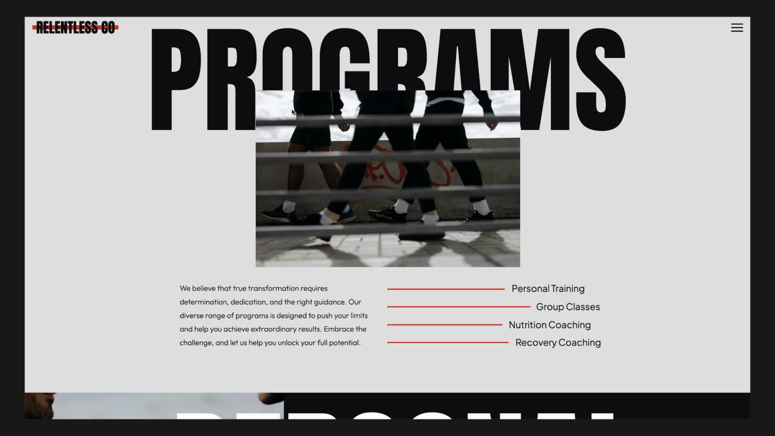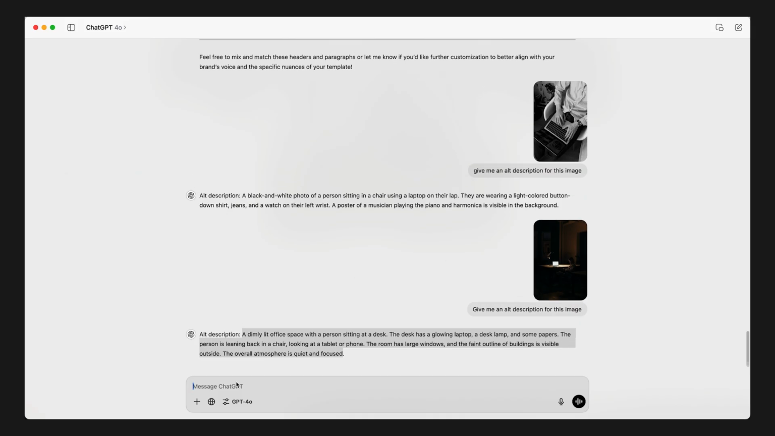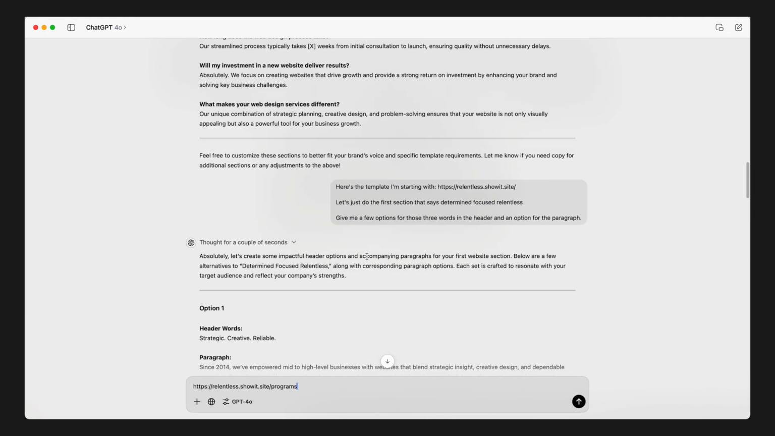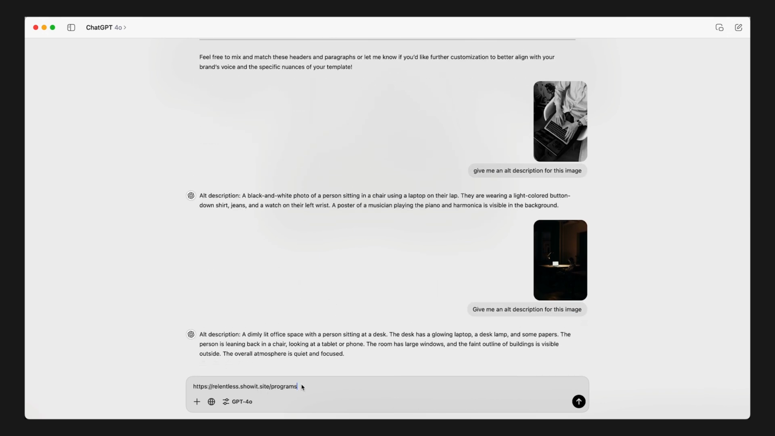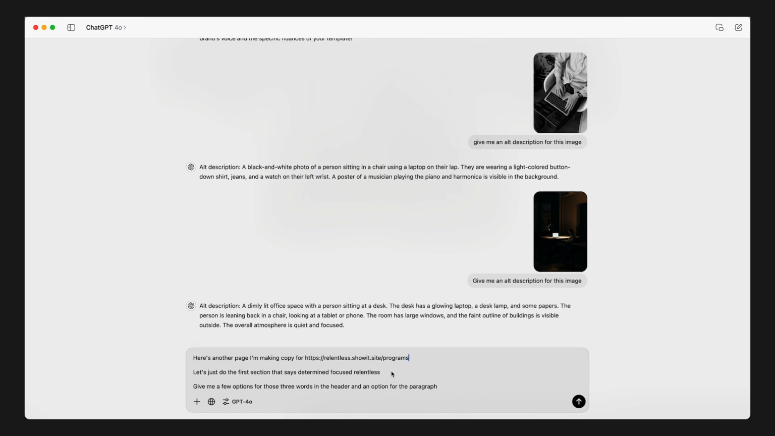Okay, so I'm just gonna take this URL and I'm gonna come through to ChatGPT and ask it to give me specific copy for each section. So what I'm gonna do is take this prompt that I gave it above here. And I'll say, all right, here's another page I'm making copy for. Take that out, put it in,